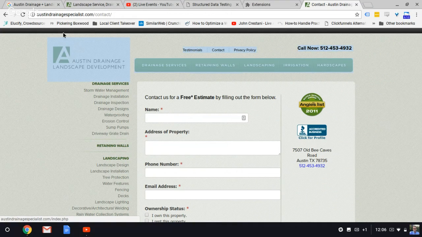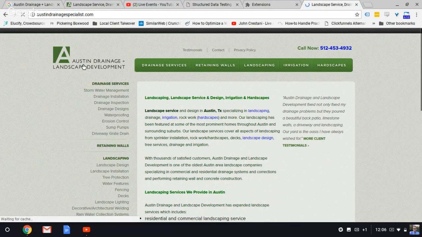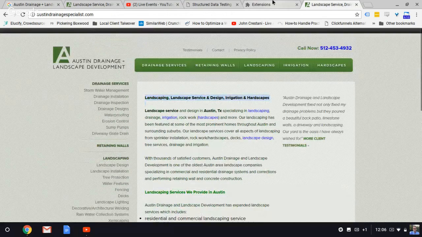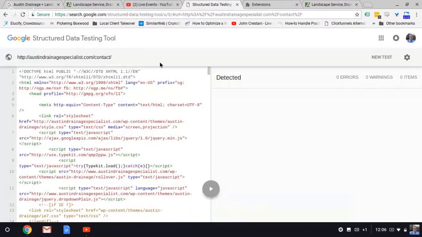Oh, that's an image. So you've got this, but that's not very big. I'm wondering how this stuff's tagged, if you've got it tagged up like H1s, H2s.